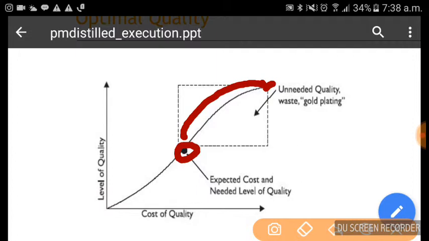I have a shirt which I've been using for the past 5 years, and I'm unable to get rid of it because it is still good. I'm not delighted with it because it was an expensive shirt, and I don't expect a shirt to last for more than maybe 1 to 2 years. So I'm not delighted with that type of quality.